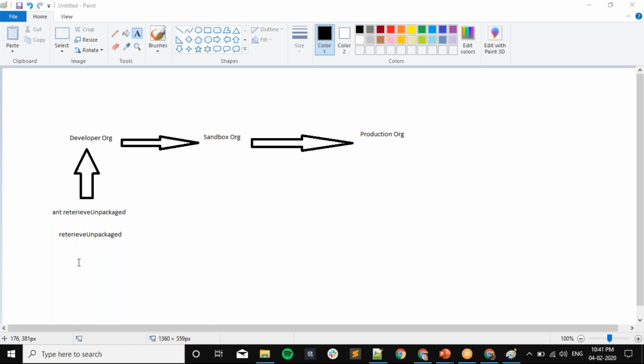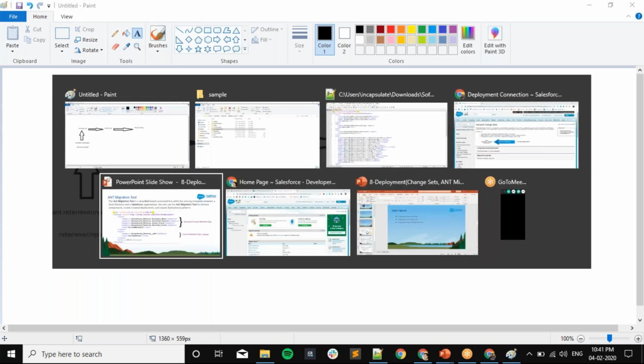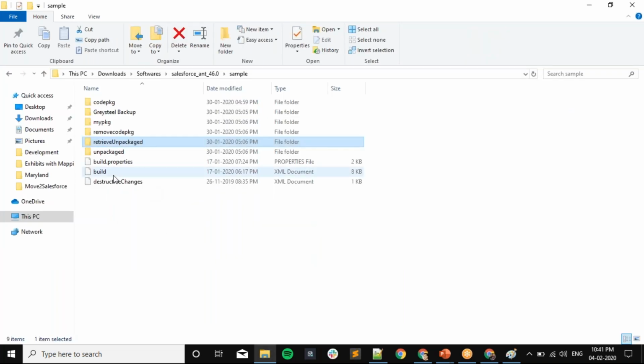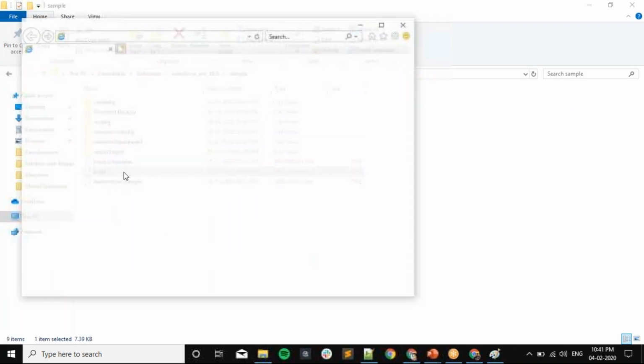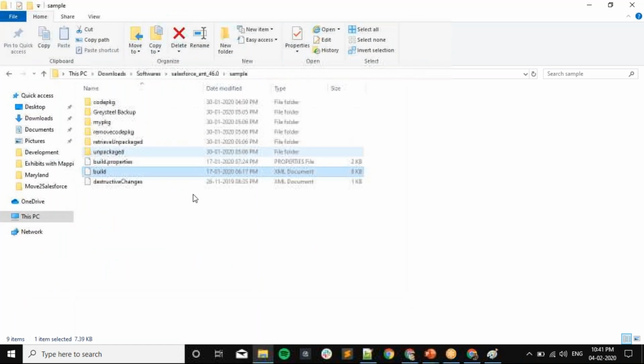Once you have all those files available in that folder, you need to change that username and password to the sandbox. So let me show you that file as well. There are two other files, build.xml and build.properties.